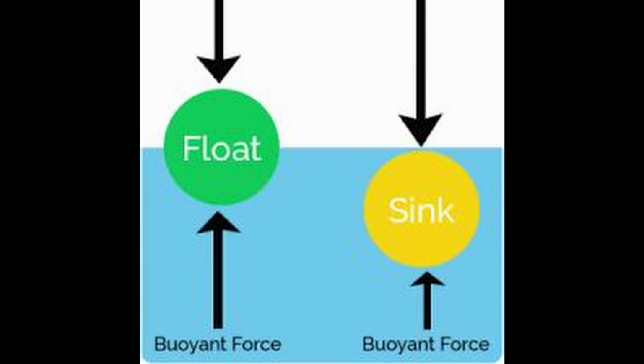So that is why wood, in one of the cases it will float, in the other case it will immerse slightly in the water, and in the third case it will immerse more in the water. Why? Because the densities of all the three liquids, alcohol, water and glycerin, are different. So the more the density of the liquid, the more will be the buoyant force.